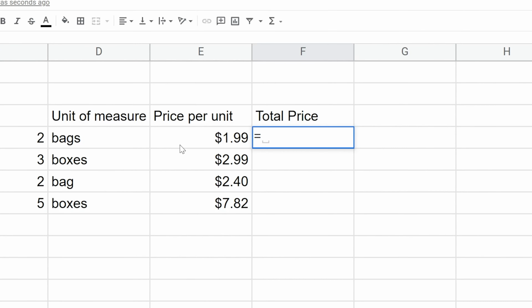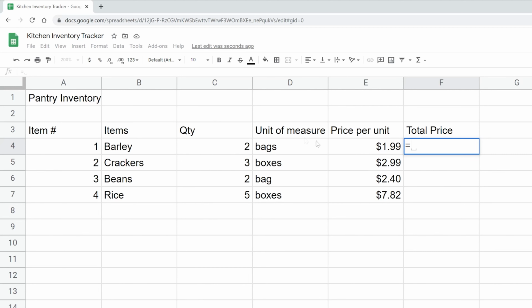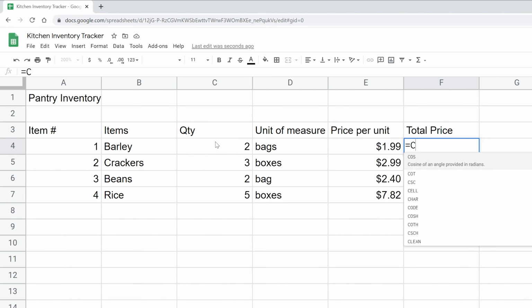And then when you look right to the right of that equal sign, there's a little gray underline. That's saying it's waiting for you to type. It knows you're not done yet because all you have is the equal sign. So we want to multiply the quantity times the price per unit. The quantity in this case is in cell, so let's go over here with our mouse. I'm not clicking on anything. C4, right? So you just type out C4.